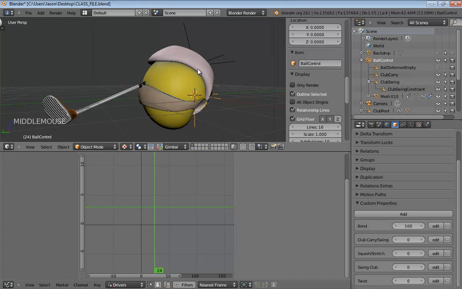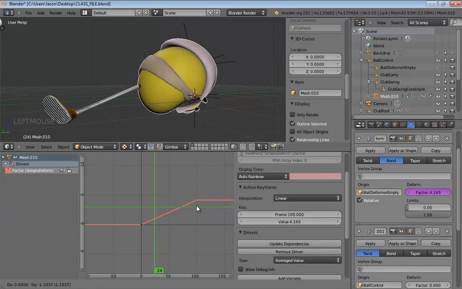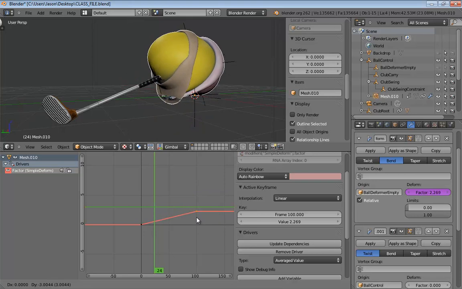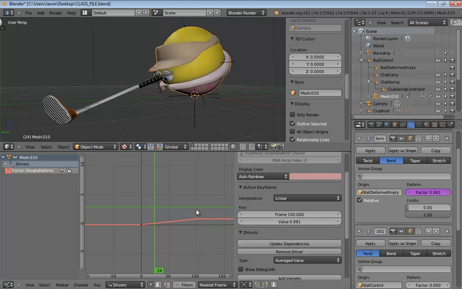So if I go back over to my character now, and we start to update this key, all we have to do is slide its value down until we find the maximum amount of bend we want when our slider is at 100. Does that make sense to everybody? I'm kind of looking for yeses or nos or questions if there are any. And I'm not seeing anybody jumping in.